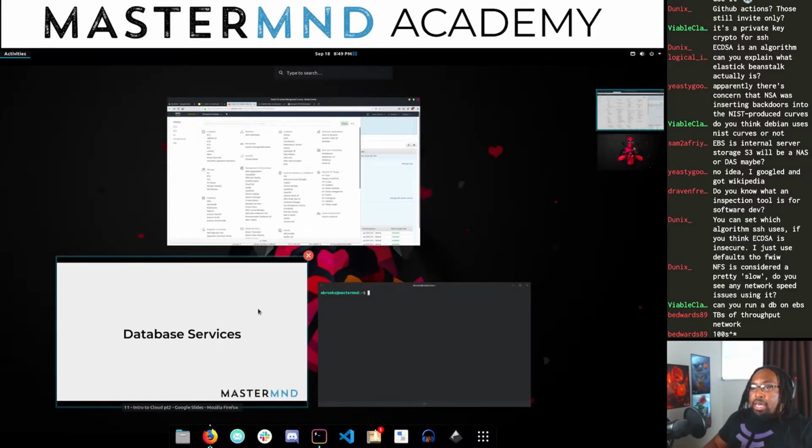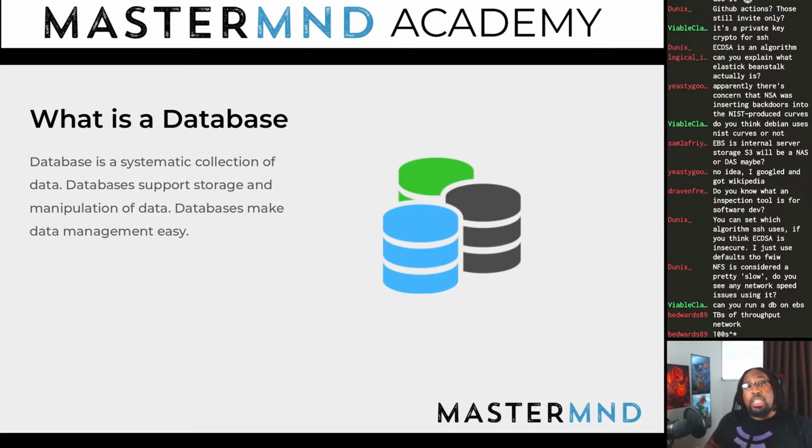So RDS. Actually, first, what is a database? You may not be familiar with what a database is. All it is is a systematic collection of data. Databases support storage and manipulation of data. Databases make data management easy. What databases do is they allow you to easily manage, access, and manipulate data and